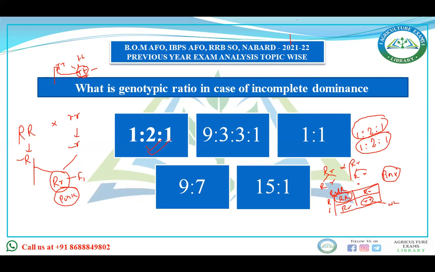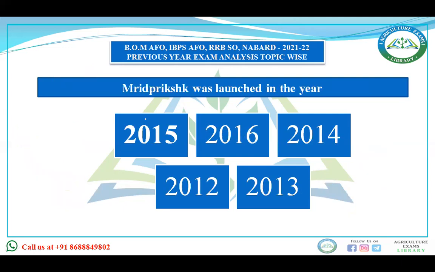1:2:1. You have seen in a normal monohybrid cross it was the genotypic ratio, but in case of incomplete dominance, it is the genotypic ratio as well as the phenotypic ratio. Okay, is it clear? Now, next question is, Mera Prakshak was launched in the year 2015,